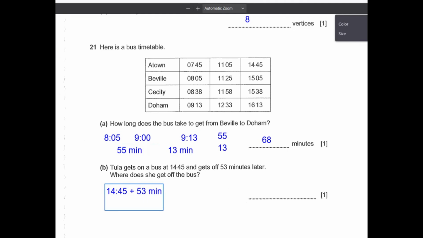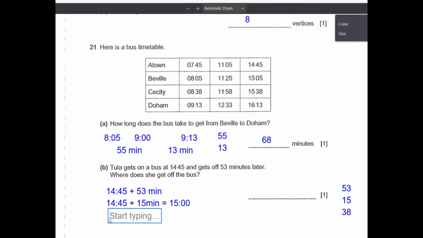We see how many we need to go to 15:00. 14:45 plus 15 minutes will be 15:00. Then when we take 15 from 53, what's left? 53 minus 15: 13 minus 5 is 8, and 4 minus 1 is 3. 38 minutes, right? So she will get off